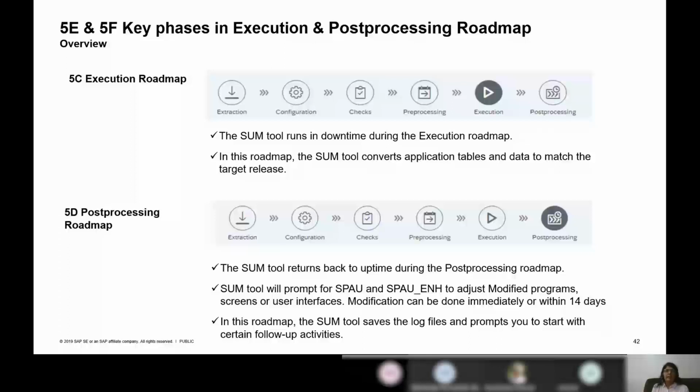So hence we request the customers not to delete these log files, keep them for a while, at least for a while in a way, say one entire life cycle is run for maybe a year's time, where you can also go through the month-end processing. You can also go through the year-end processing, quarter-end processing. After 1 year, you can go ahead and delete these logs. In any 1 year, if you have any issues, you can always come back to the logs and check what has gone wrong where, right?